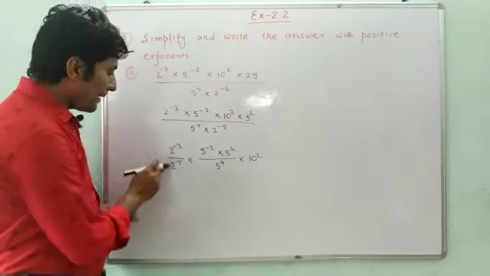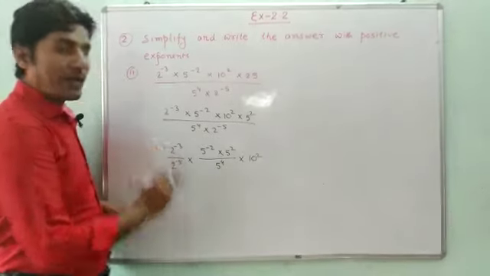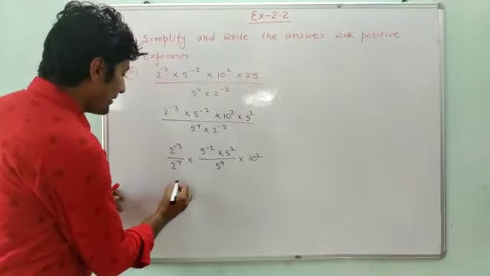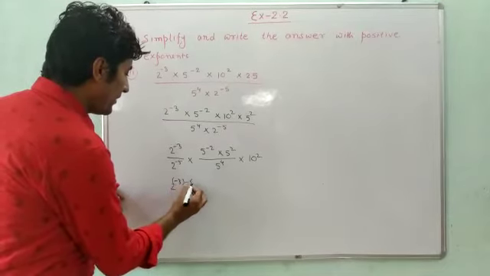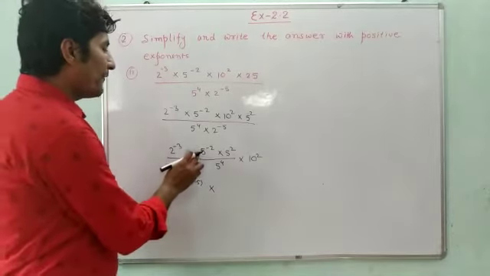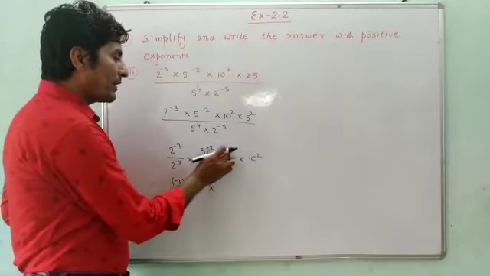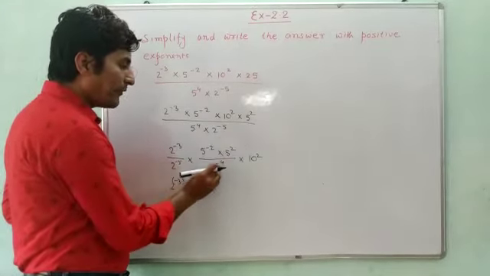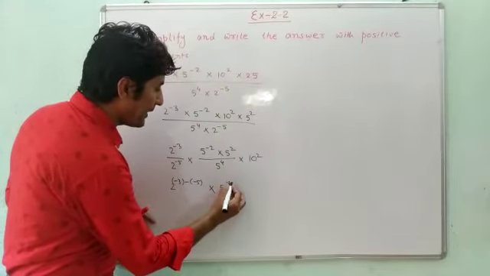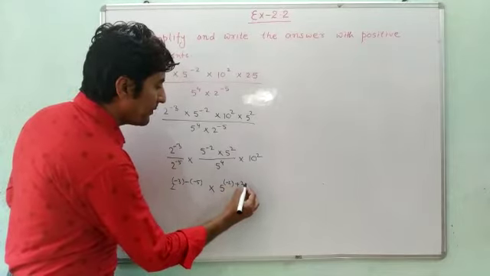After that, since bases are same, we must subtract the exponents. So we can write here 2 to the power -3 minus 5. Now the sign of multiplication will be as this. Since bases are same here, we can add these exponents, and from there we have to subtract 4. So we can write here 5 to the power -2 plus 2 minus 4.